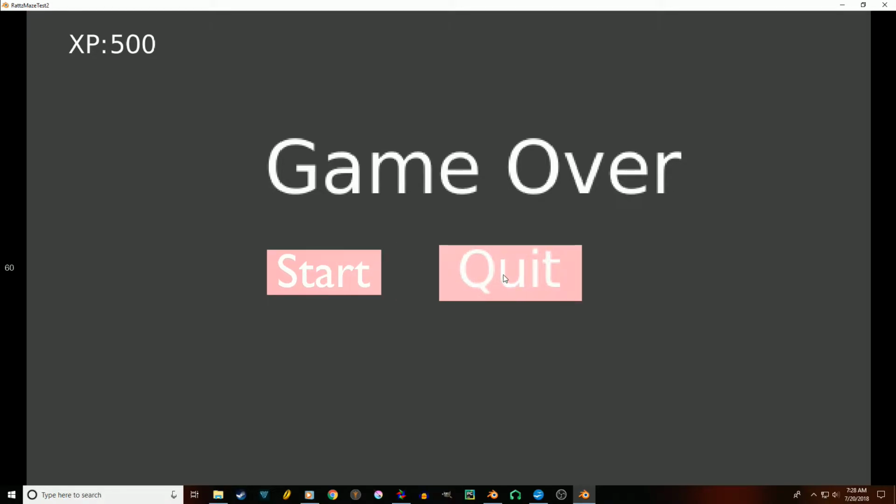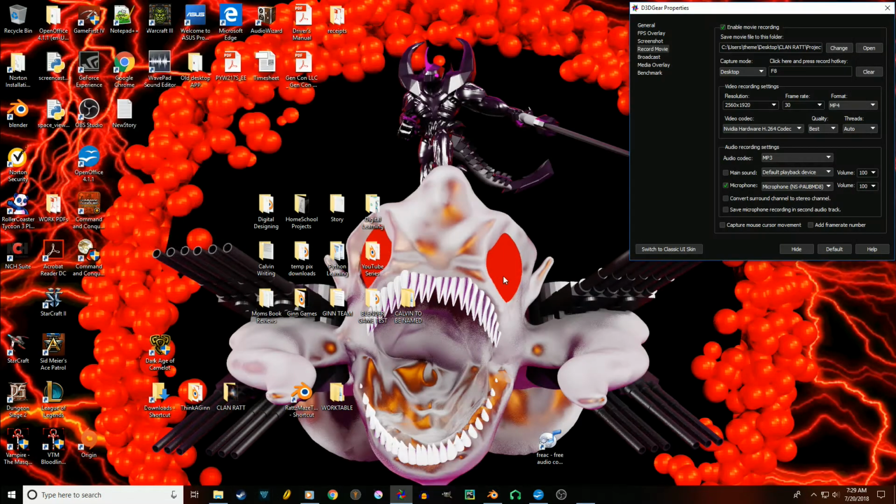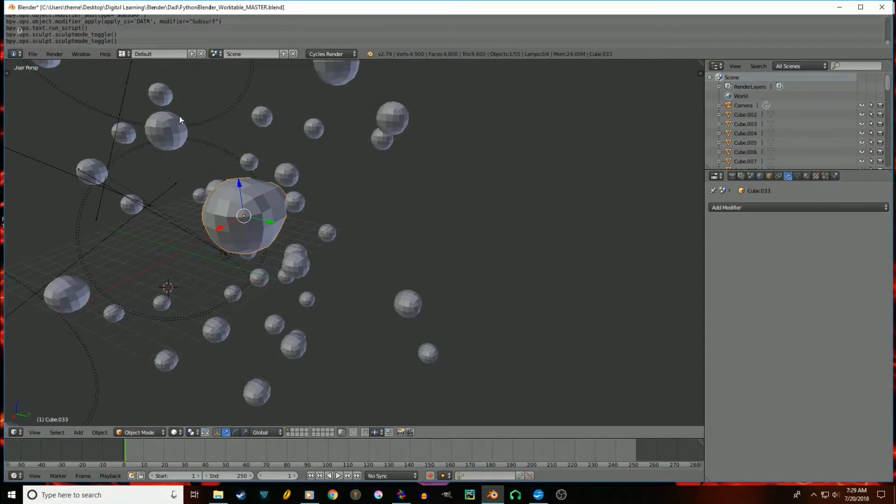So this gives you how to get into it, how to steer, what happens when you hit something, how to tell when you hit something, what to do when you hit something, how to keep count of those things. And then what sounds to play. I mean, there's a lot that goes into such a simple looking game. And if you want to challenge kids, wherever it is, download Blender 2.79 and then go over here to the